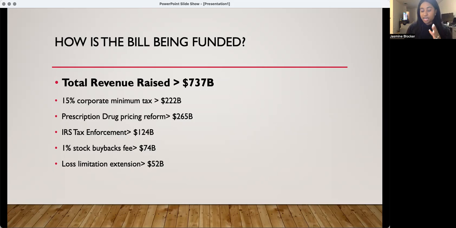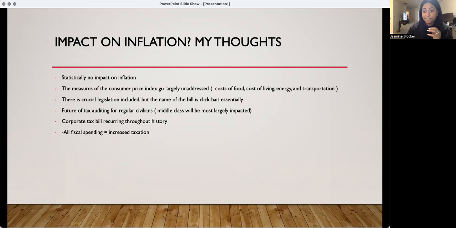The reason I think this is not true and that middle income tax brackets are going to be impacted the most is because just think of the basic rebuttals and the basic person when they're filling out their taxes versus somebody that's in a $400,000 plus tax bracket, right? When you're being audited or when you're being pursued by the IRS, there's a certain level of resource disparities that if you're in a less than $400,000 tax bracket, you're not going to have access to. You're not going to have a team of lawyers to fight an audit, an unjust audit.